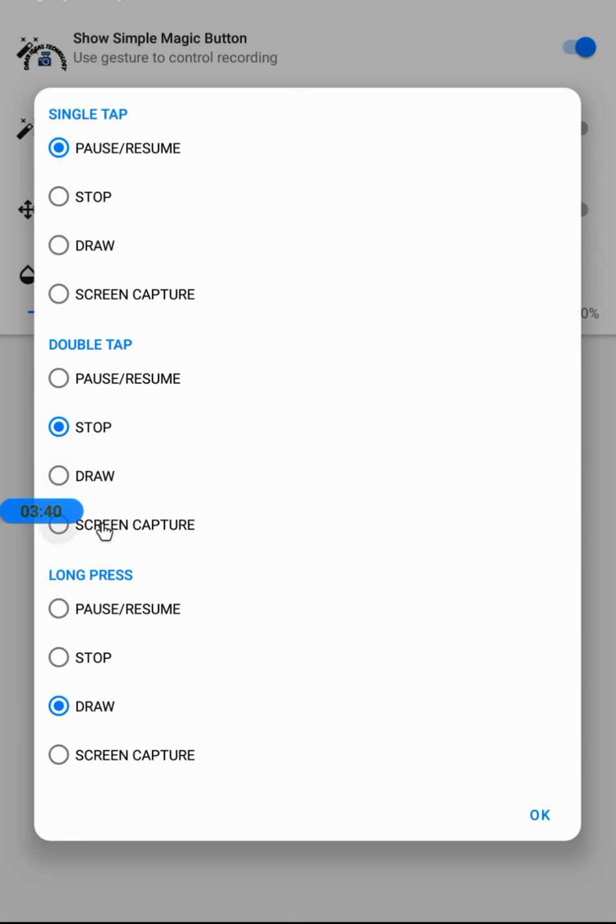So when you single tap, the recording will pause for a while, and after that you can do another one. Second, double tap can pause, resume, stop, or draw, whatever you want to set up. I set it up as stop for myself. So whenever I want to stop, I double tap and it stops. Long press is draw, I think you understand. See, now I long press on the screen, and you can see the draw color coming. Now you can draw whatever, wherever you want.